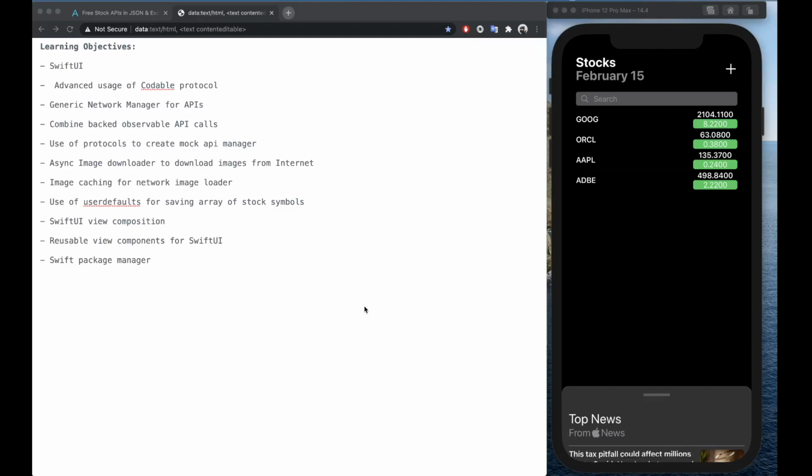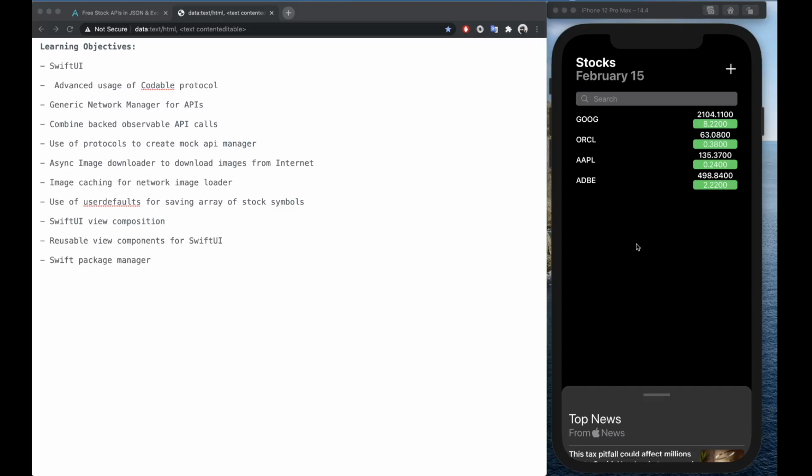You're going to be learning about how to make generic network managers. Like I mentioned, we have two different APIs here: your news is coming from one API and your stock status is coming from a different API. Those are two different resources, two different network calls, but we're going to be using a common network manager to make all the API calls.